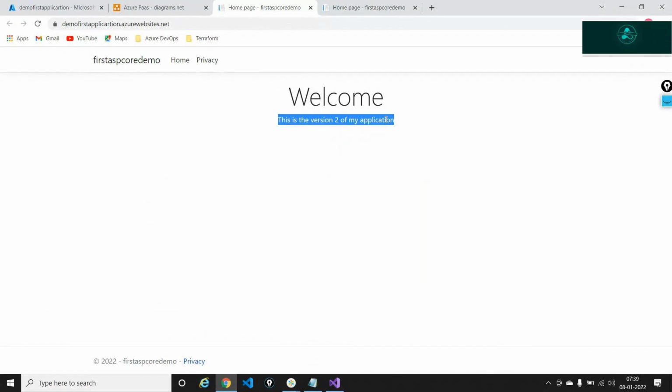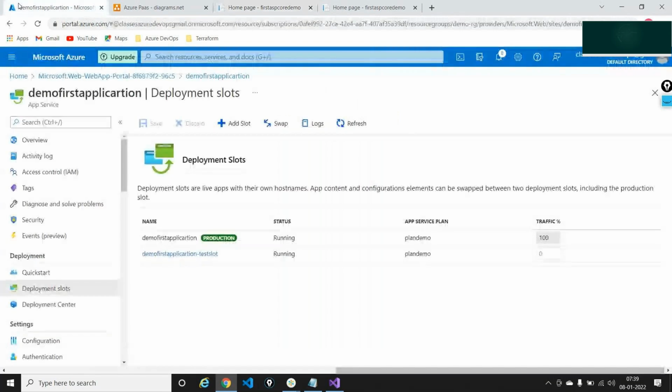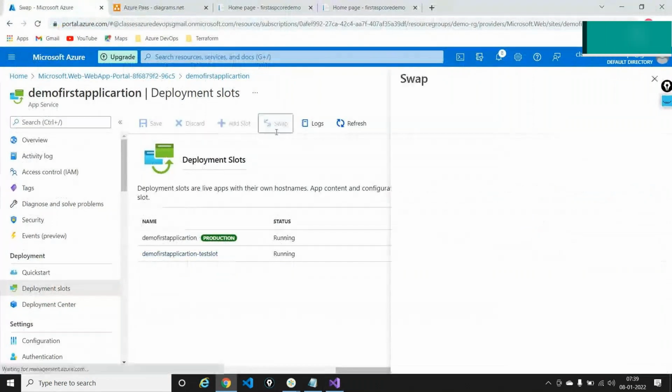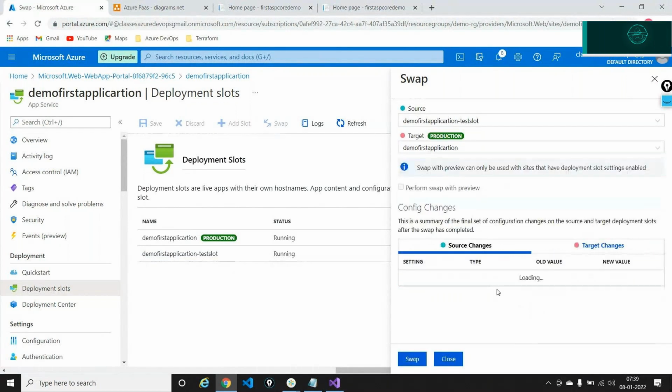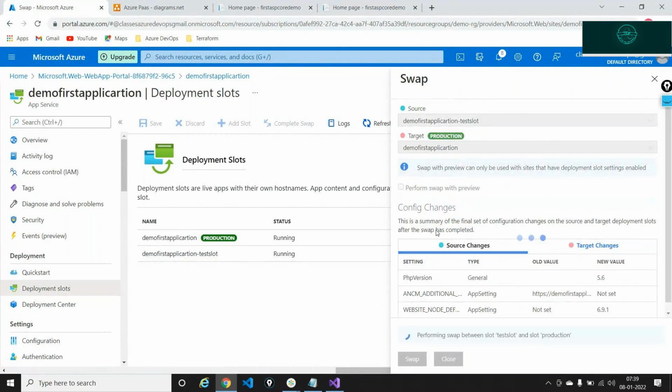Now my client says, okay, fine, let's come back to version 1. It's okay. I just go here. I am not even going into my local machine. I'm not doing anything here. I'll just say swap again. This procedure is called a rollback, and I'll say swap. Once I hit this swap button, it's going to take about 2 to 3 minutes, not months.